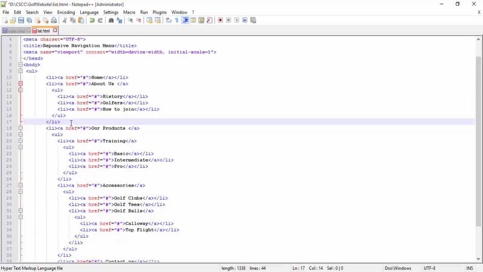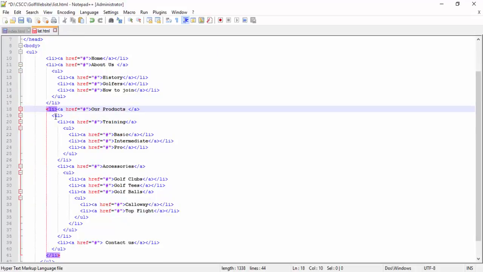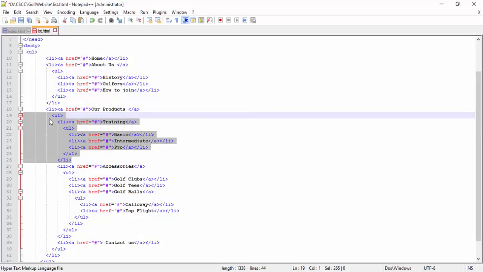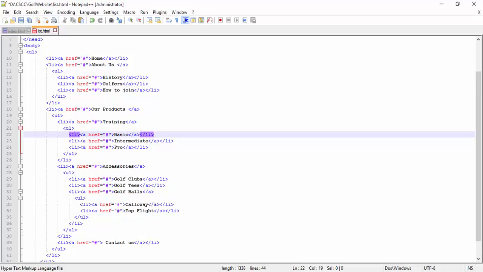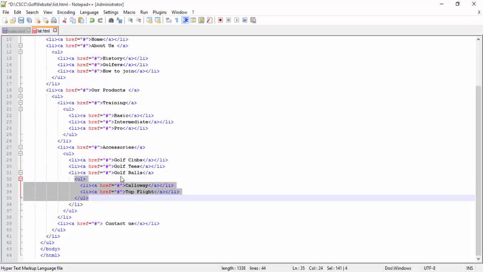As I move down here, you'll see the next list item called Products, and here there's no closing li tag over here on the right, because we're creating a nested list. So again, you're going to keep seeing that. Now what I want to show you down here, under Accessories, is another nested list, and I also have another nested list under one of its list items. So you can create